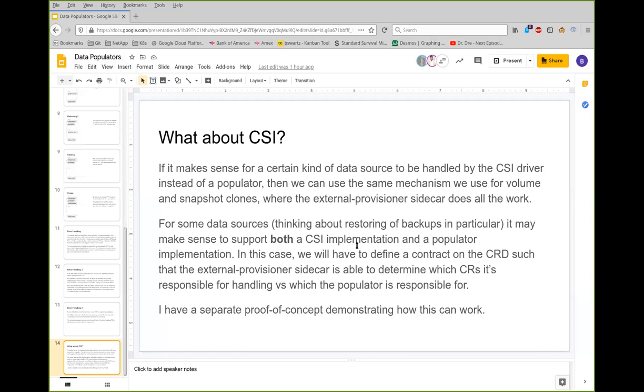For the CSI approach, is it like each driver has its own way of populating, or each driver has multiple ways of populating? Like, imagine a future where we have backup APIs in CSI itself. So when you're doing a restore of one of those, the external provisioner sidecar will be the thing where that code lives, right? Because it has to call the CSI RPCs and say, create a volume from this backup. And so